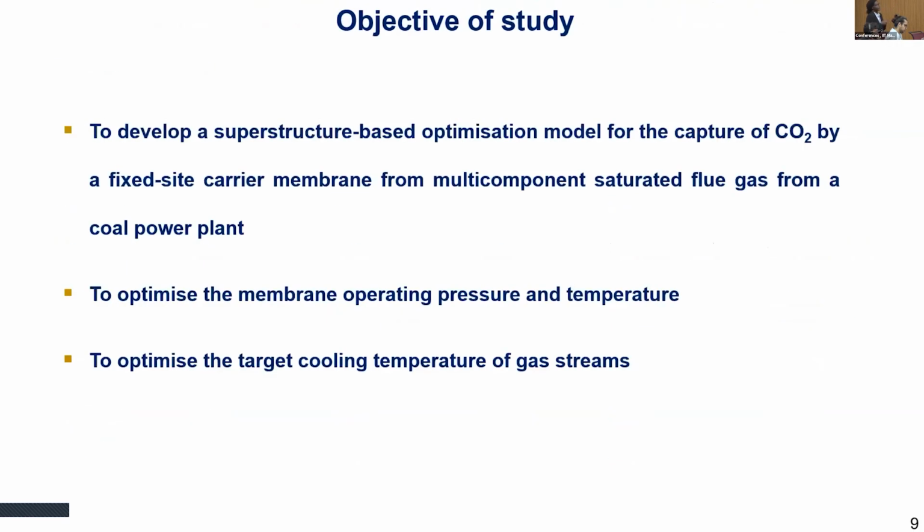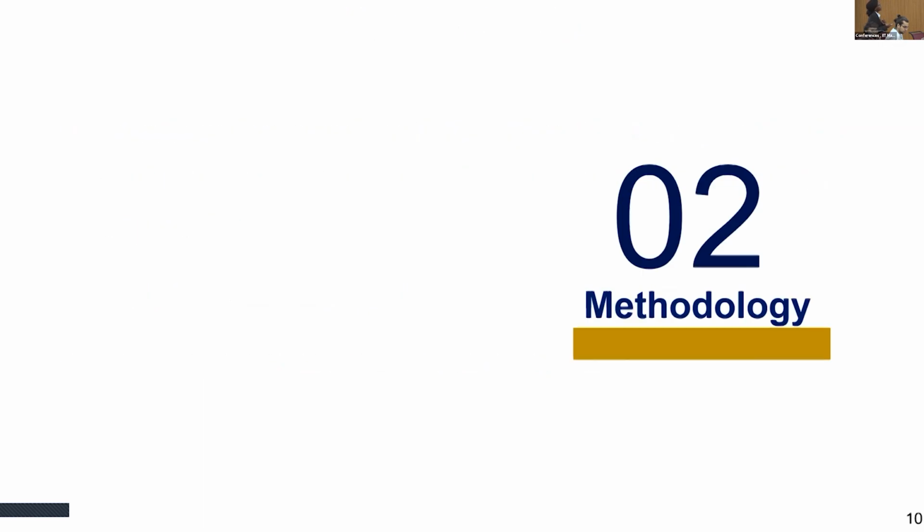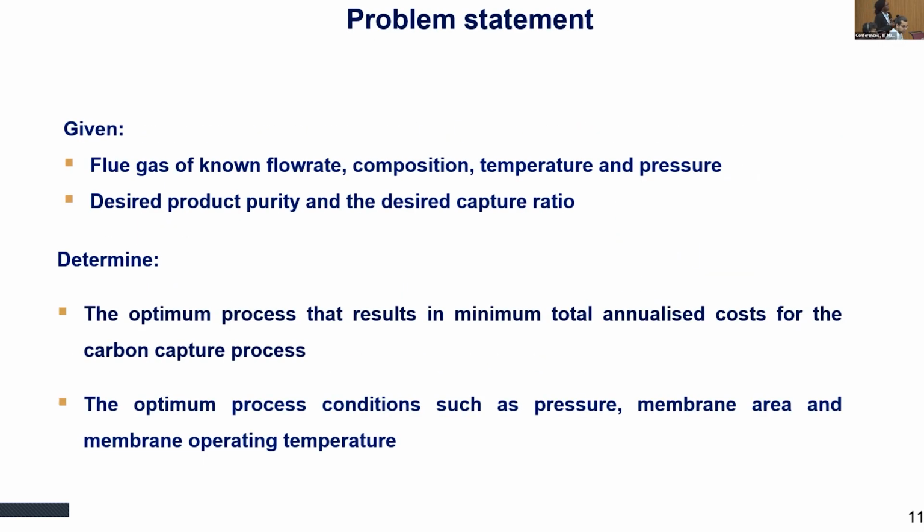So the objective of this study was to develop a superstructure-based optimization model for the capture of CO2 by a fixed site carrier membrane from multi-component saturated flue gas from a coal power plant. And we sought to optimize the membrane operating pressure as well as temperature, and optimize the target cooling temperature of gas streams. To do this, we are given that we know the flue gas flow rate, the composition, the temperature, and